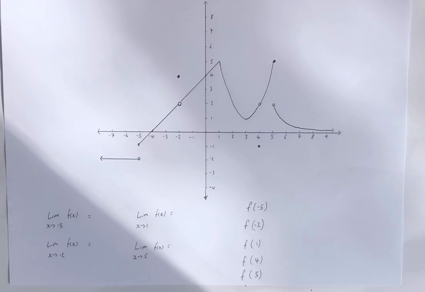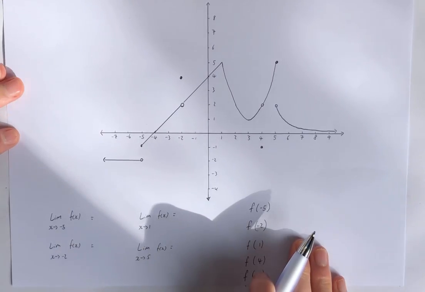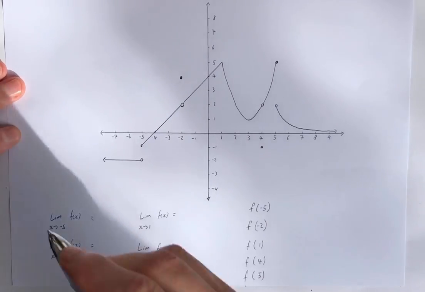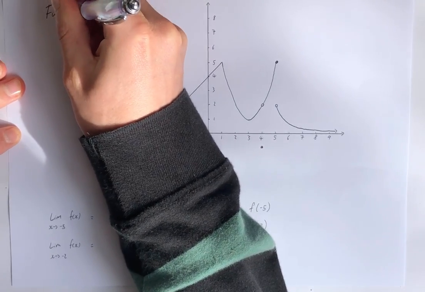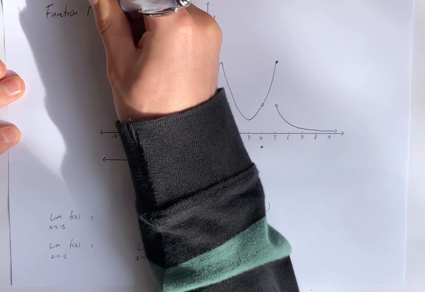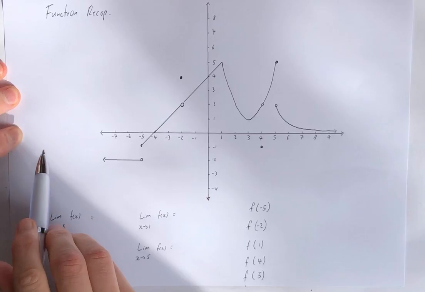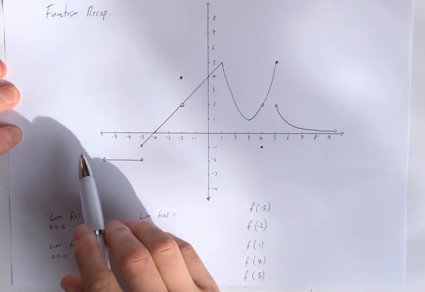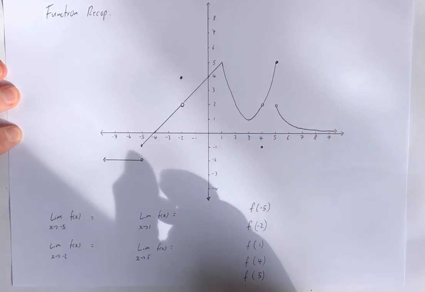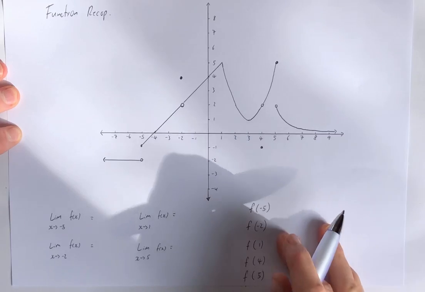G'day guys, what I'm just going to go through this afternoon is recap some of the function notation and some of the function stuff that we've gone through. So I'm just going to call this function recap. So everything on this Cartesian plane, on this coordinate axis, is defined as a function, and what you notice